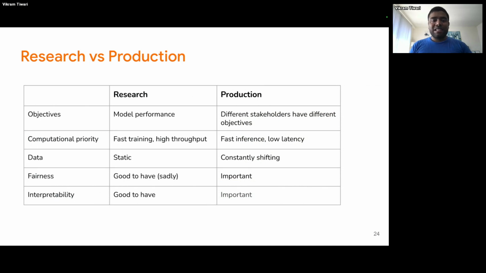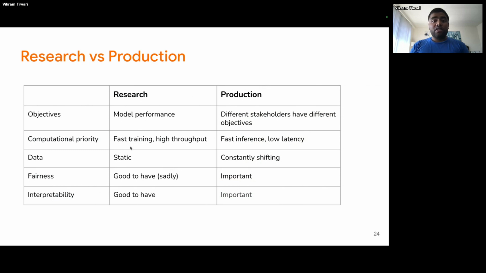Similarly, there are a lot of other things that happen. In research, you focus upon fast training and high throughput, so you want to be able to go through your iterations quickly. But on the production side, the whole thing changes. You don't care about fast training. You care about inference, how quickly the model can reply to a query that is coming from the user, and that latency.